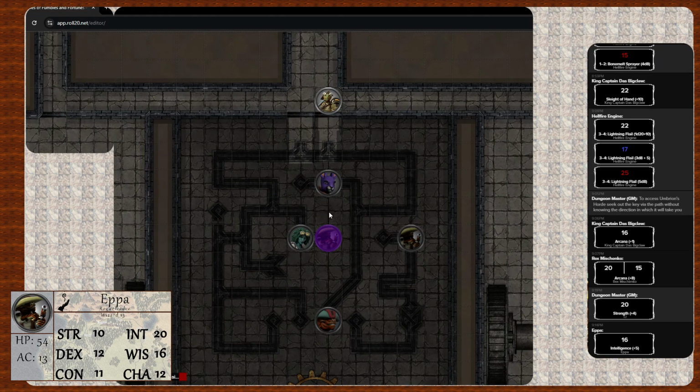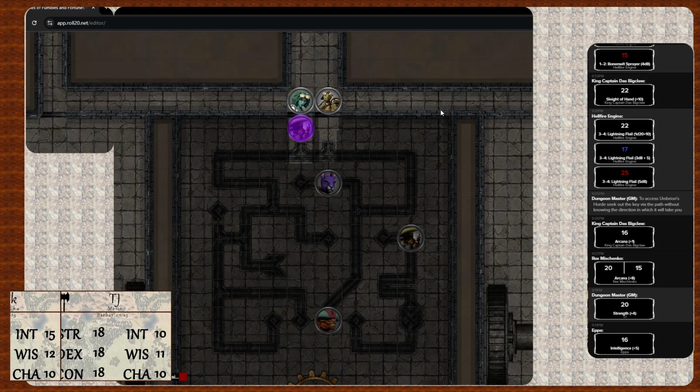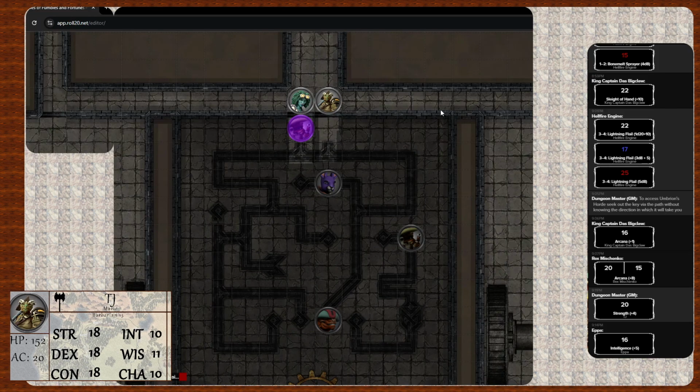At which point, Snow Eppa finds himself back at the start. Ah! Tink, do you wish to follow Snow Eppa into the path as you feel him disappear in front of you? Yeah, because I would reason that even though he's not real, in such a world, it'd be better than being on my own, kind of thing.